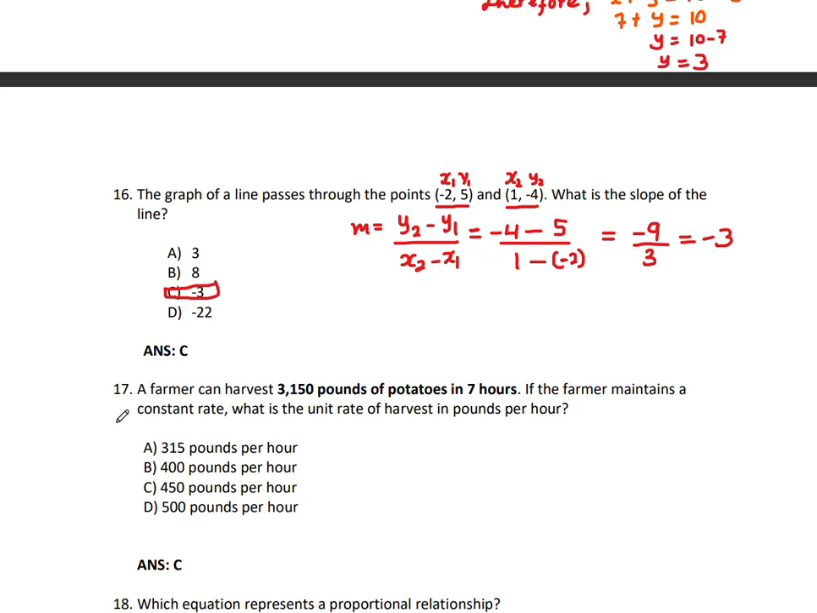In the next installment, I'm going to be starting by looking at this question, question 17. A farmer can harvest 3,150 pounds of potatoes in 7 hours. If the farmer maintains a constant rate, what is the unit rate of the harvest in pounds per hour? All right, try and attempt this question ahead of the next installment in this special series on SBAC math preparations